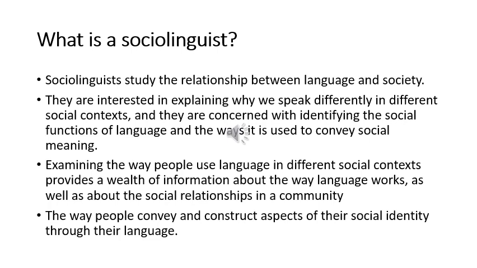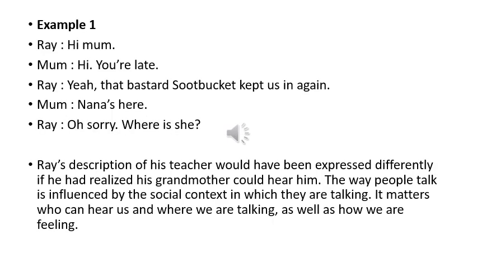So social identity and identities are formed in many ways. For example, someone who starts speaking in English wants to portray their identity as someone coming from a very high class family, a very educated family. So that's how we construct identities in society, through language. If you look at this example,